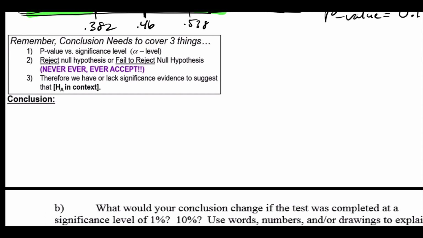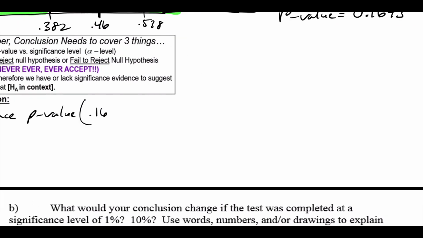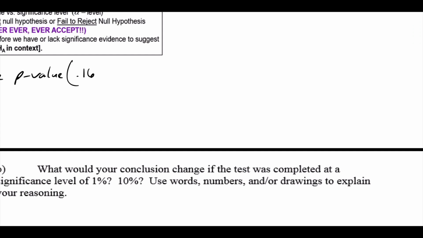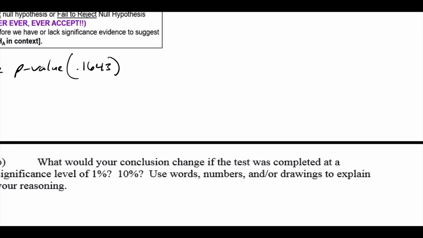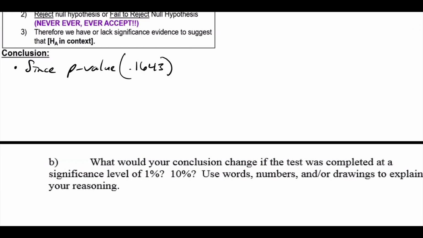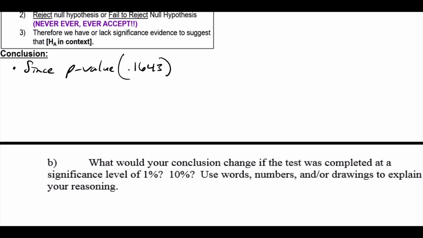Okay. All right, here we go. So since the p-value 0.1643 is greater than the alpha level,